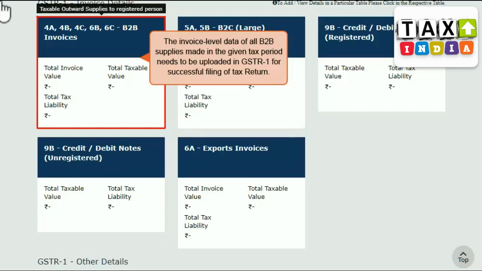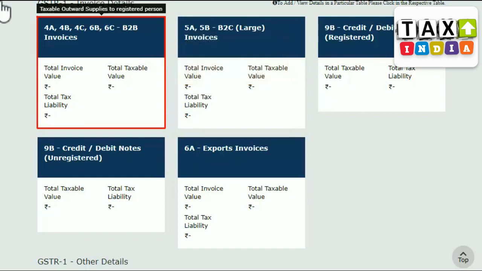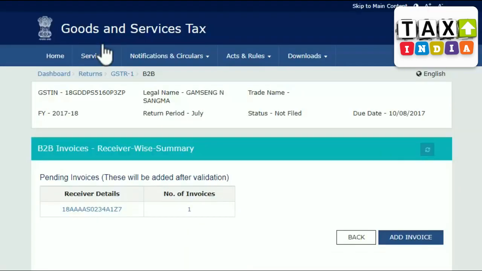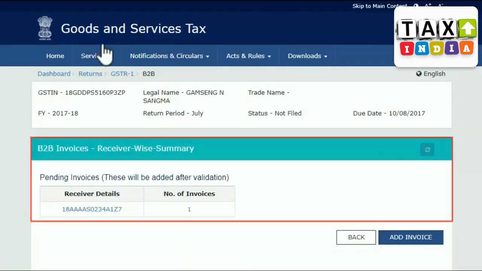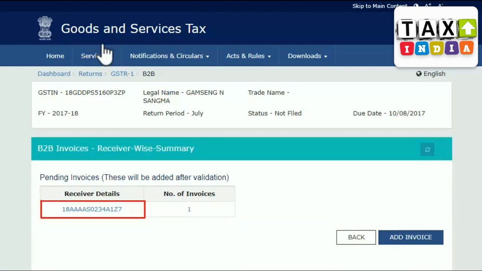As explained in the GSTR 1 overview video, log into the GST portal and navigate to the GSTR 1 dashboard by selecting the current tax period. Click the B2B invoices block. If you have already uploaded invoice details, you will see a screen displaying the receiver-wise summary as shown. Clicking the link underlying each receiver GSTIN will take you to a screen in which already furnished invoice details are